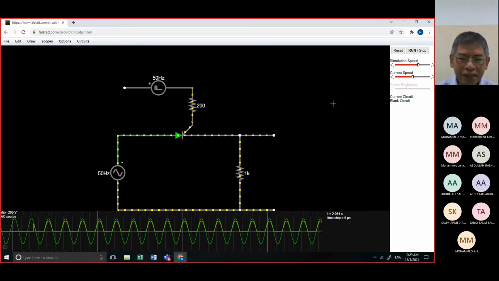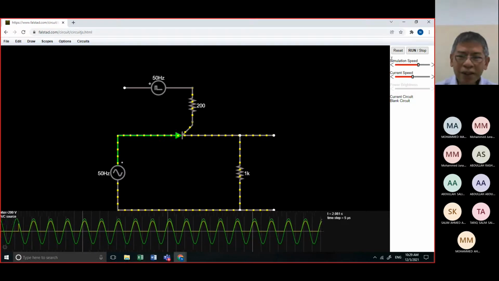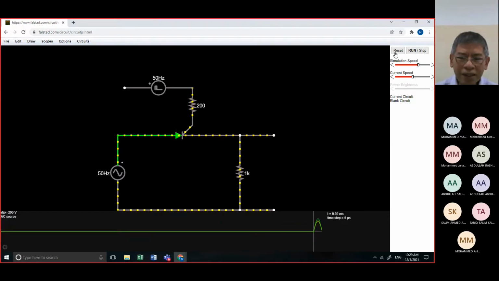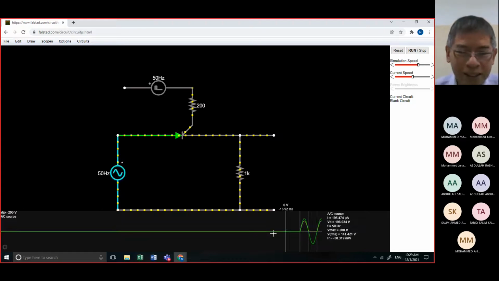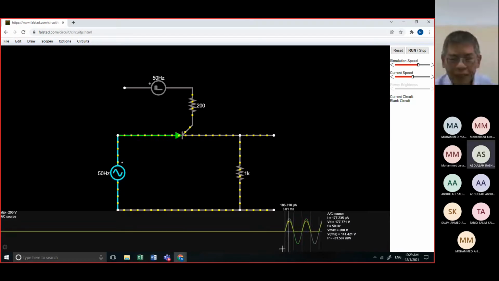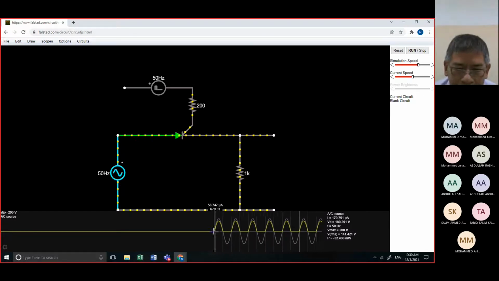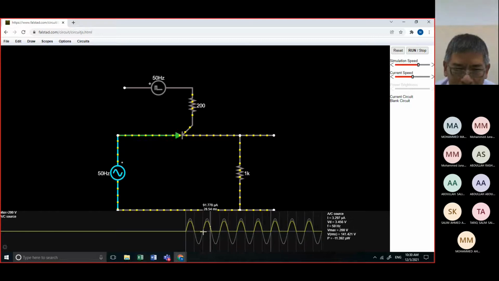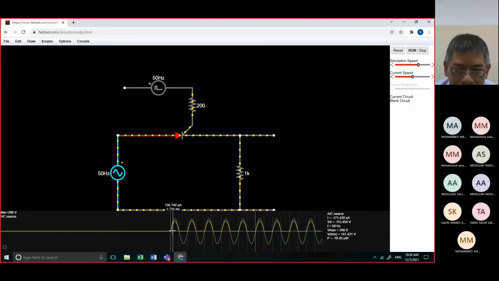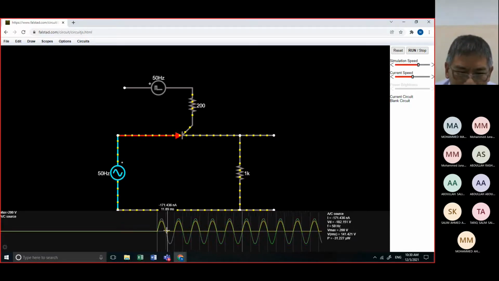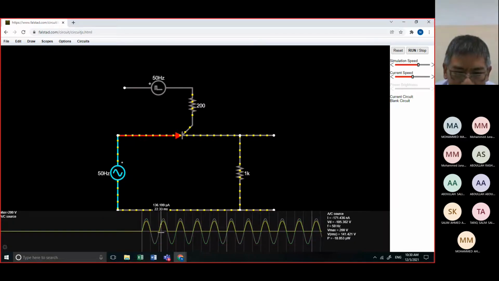Did you see the output, class? The input is in the form of a sine wave, right? It starts from a peak voltage here. The output starts immediately with a half wave like this during the positive half cycle. So this is a peak voltage and then zero.